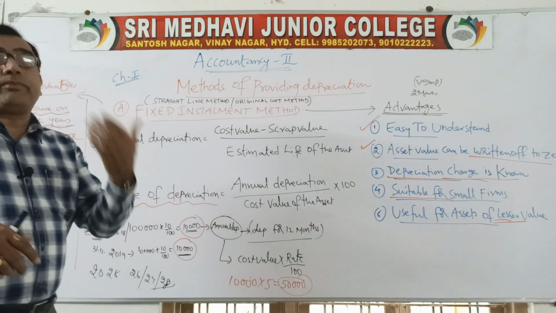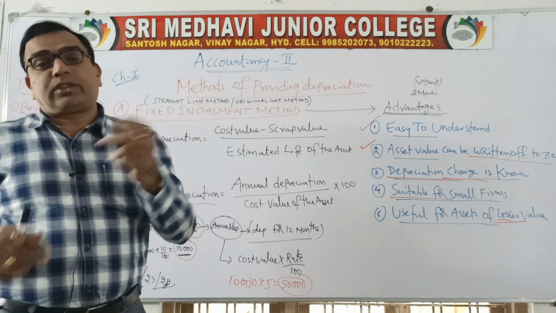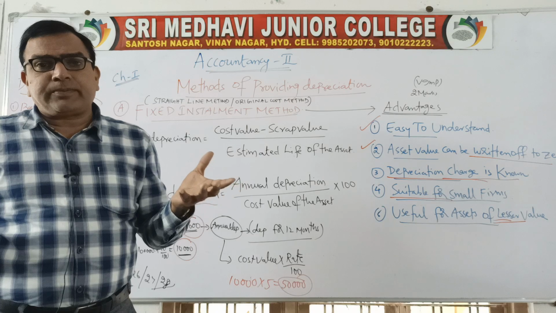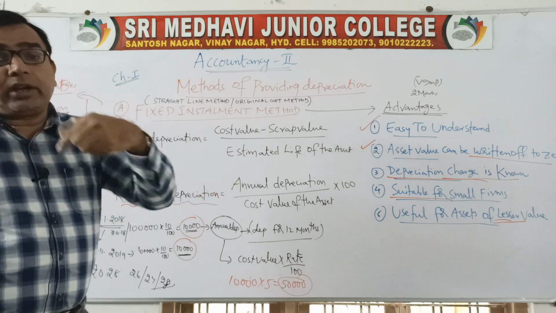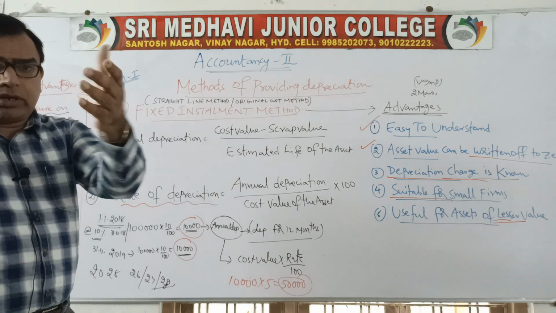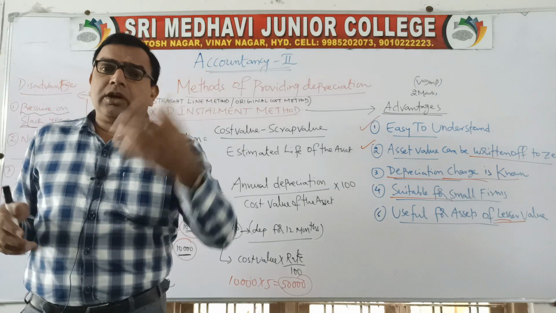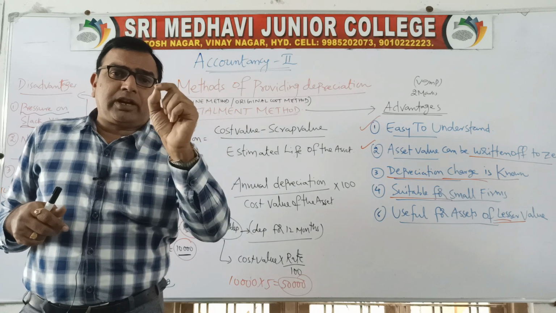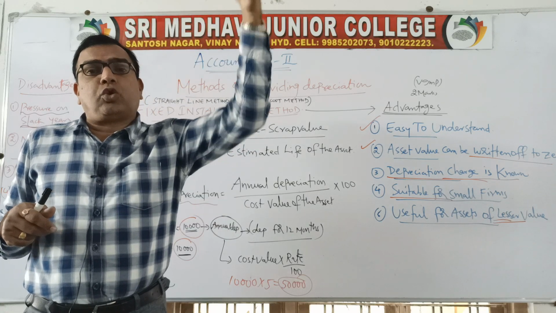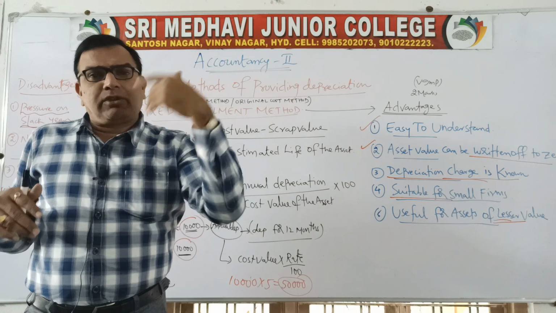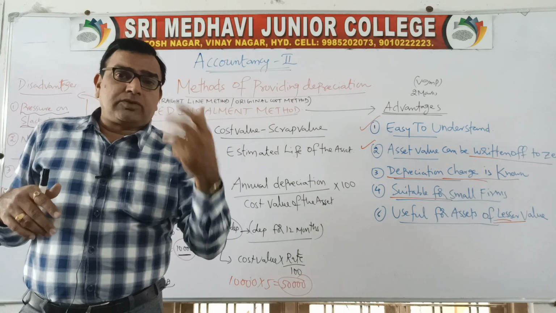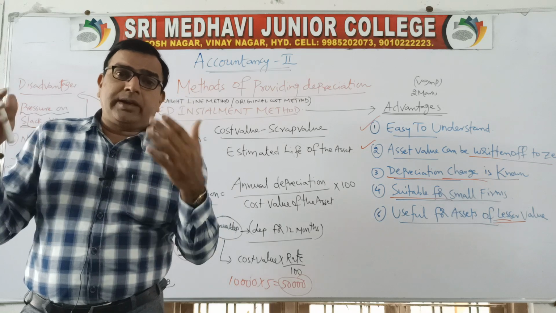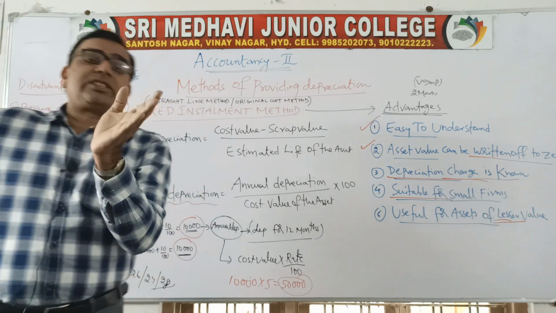We will have a lot of repairs and maintenance cost for the machinery because it becomes too old and loses various parts. It becomes very difficult to maintain. Many times you might have seen or experienced this with your parents' bike or your own bike. As it becomes old, initially we get minor repairs, but as it grows old, then every month we get some or the other repair. That is what is called repairs and maintenance cost. Repairs and maintenance cost will be very high in the last years. They are called slack years.